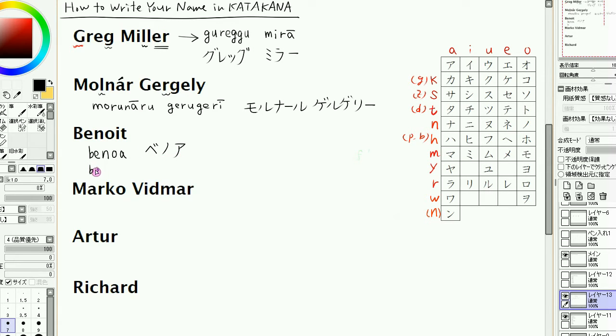Or sometimes we put W before A. So maybe it can be benowa, to make it more similar to the original sound. And actually the one with this name asked me, how about this? Benwa. He preferred this one, but well, actually, this is not the right way of exchanging the sound into Japanese,